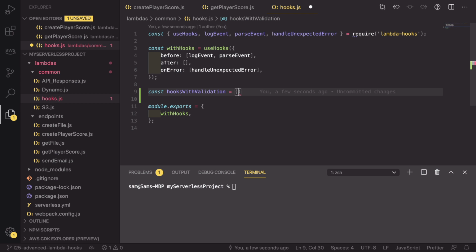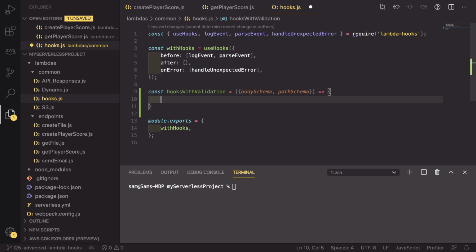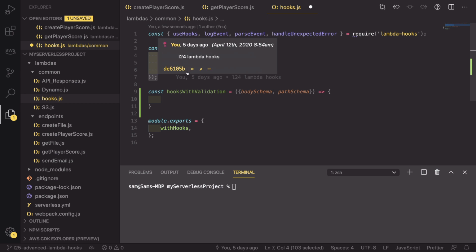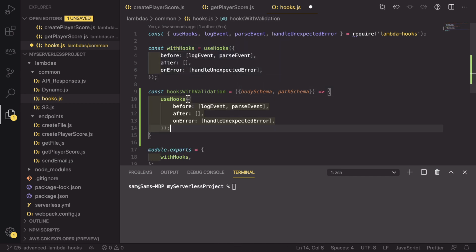So we need to define those. We're going to be defining those with a schema. So we're going to have the body schema and the path schema. And these are going to go into a function. With here, we are returning a useHooks object, and what we're actually going to do is copy this useHooks object into here and return it. At the moment, this is going to return exactly the same set of hooks as the previous version,